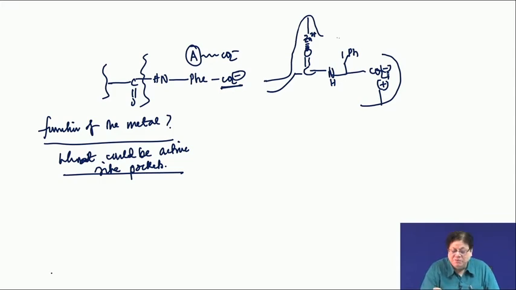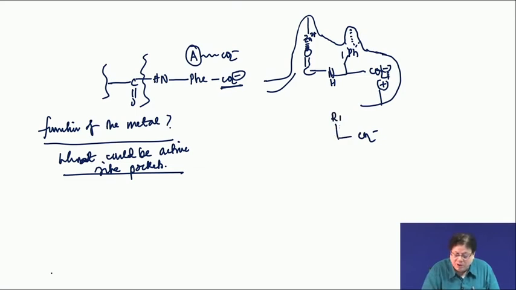Okay. And for this phenyl, there must be some hydrophobic pocket here that stabilizes the phenyl. So, without going into any details, I can say that this is the situation for carboxypeptidase. Okay. So, for ACE, what will happen? Now, remember that ACE hydrolyzes the dipeptide, that means the penultimate peptide bond. So, it will have, definitely, a CO2 minus, and then whatever amino acid it is here,